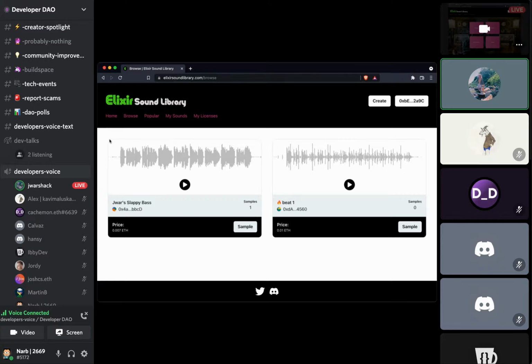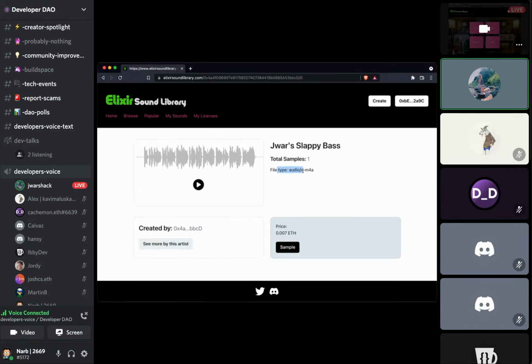But yeah, everything is stored on IPFS. I store the audio file, and then I store a reference to that audio file in the metadata, and that's also where the name is stored. And then I also have a type, if you saw right here, just a file type, because a bunch of music producers will prefer a certain audio type that works with their interface, whether it be a WAV file or an MP3. It's really just preference. Gotcha.